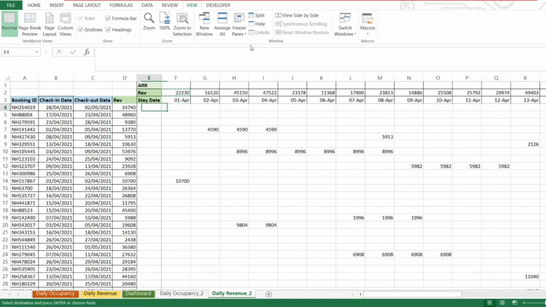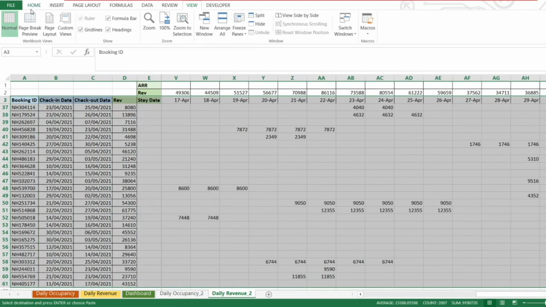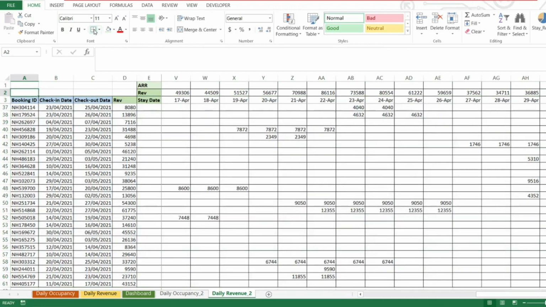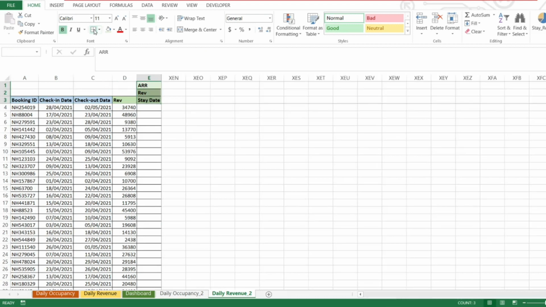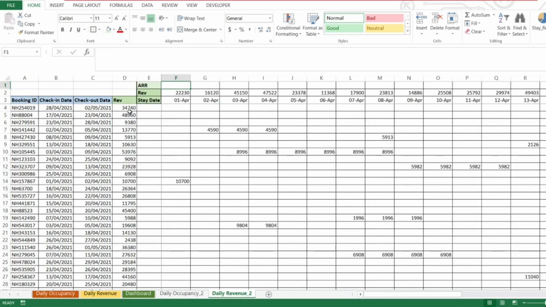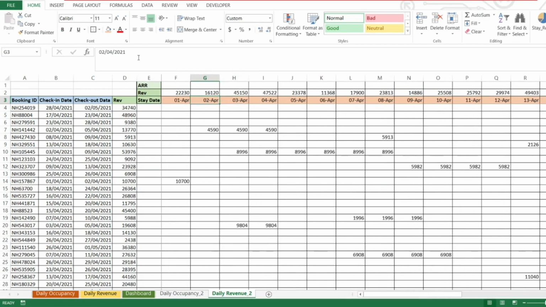Let's give it a little proper formatting. I will add the grid lines over here. Okay, so this has been done. And I hope what you learned in the previous daily occupancy worksheet, the same logic which we learned there, we are applying here, and it is being used to calculate the daily revenue. Now, I know it is important to know the daily revenue also. Once you know the daily revenue and daily rooms occupied in Excel, you can calculate the daily ARR.